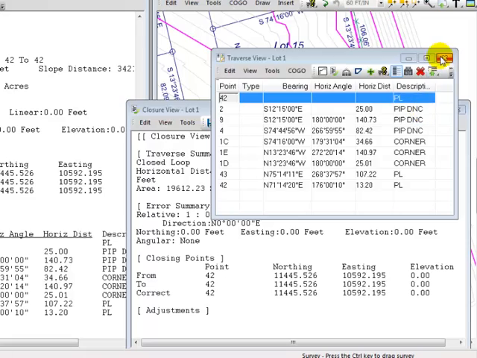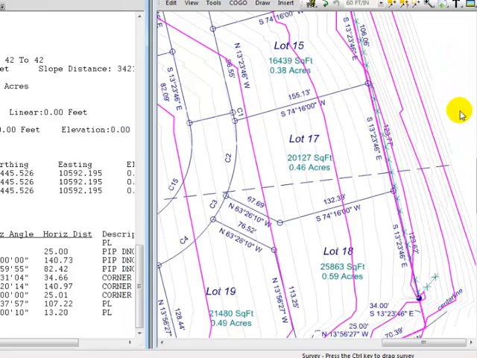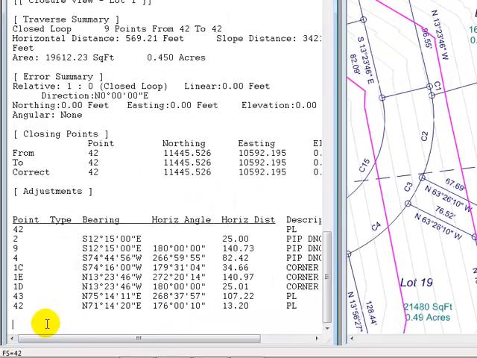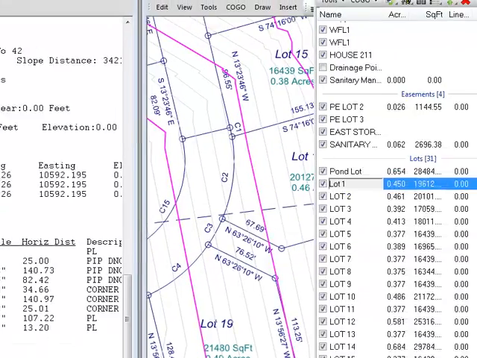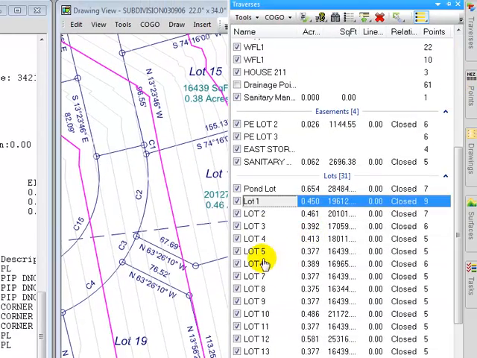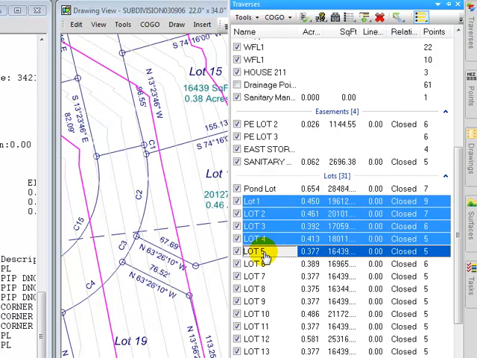Let's go ahead and close out these views that we opened up. And let's talk about a fourth way to bring information into a report, and that is from another report. Let's go back to our Traverse Manager, and I'm going to pick the first 5 lots, lots 1 through 5,